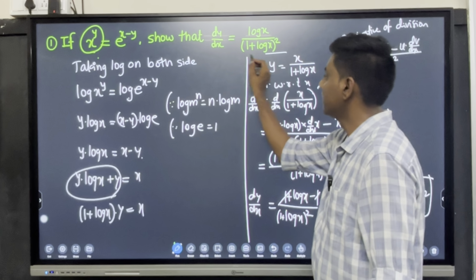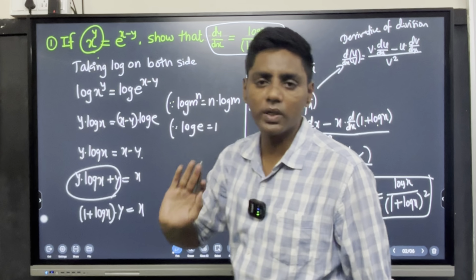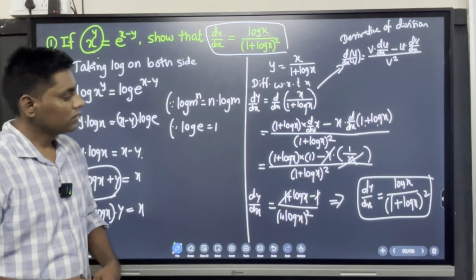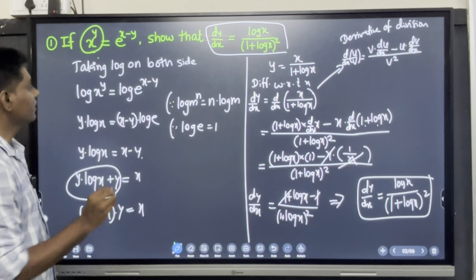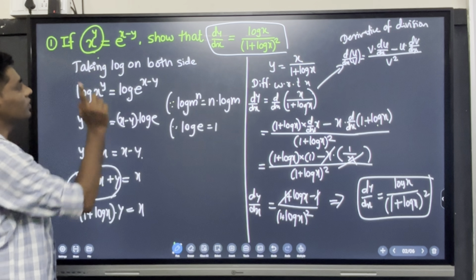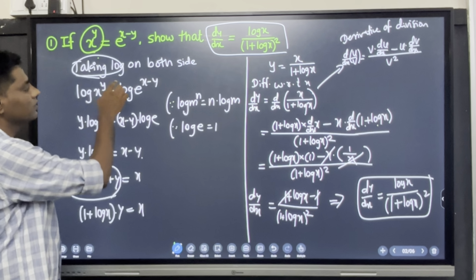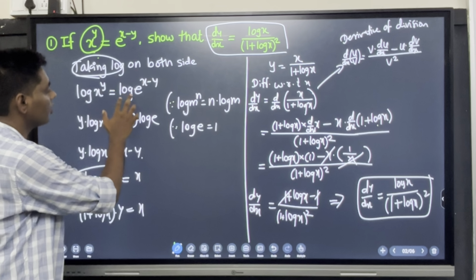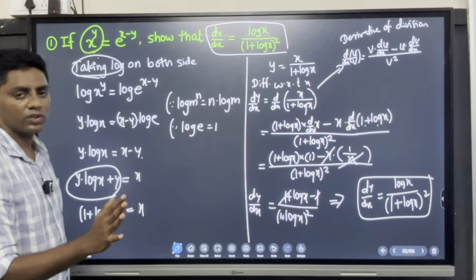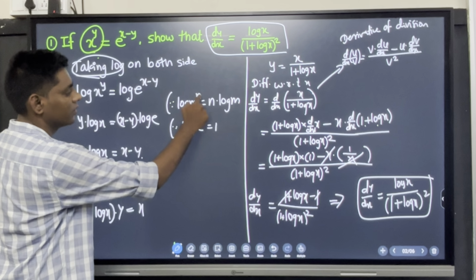So in such a way we prove that the question is simple, you just need to know. If you remember, whenever function raised to function is present, always solve by taking log on both sides. And after taking the log on both sides, the simple formula: log of something raised to a power, whenever the power is given,